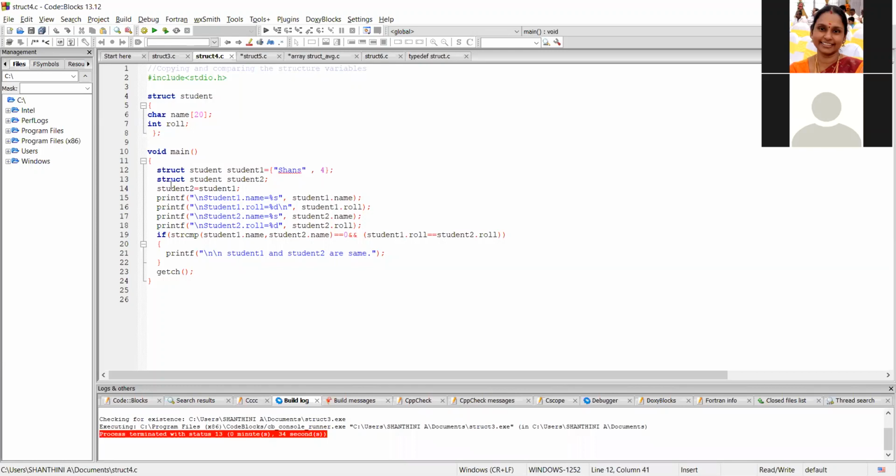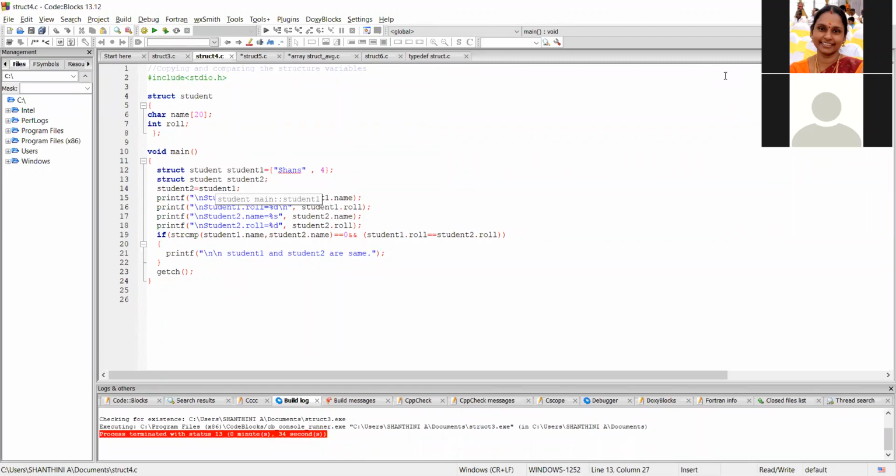Now I am declaring the second structure variable called student 2. I'm going to assign the values of student 1 to student 2. That is what has been done in line 14.